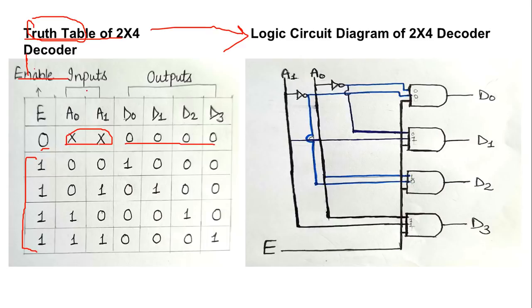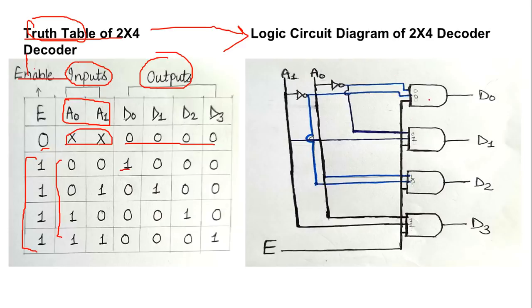The second point was the number of inputs. If the number of inputs is 2, a maximum of 4 combinations can be generated from 2 inputs. For those 4 combinations, at any point of time, only one logic gate will provide me the output. So how many logic gates are required here? The total number of logic gates is 4, because the number of outputs that I am expecting from the given set of inputs is also 4.